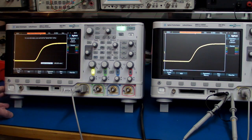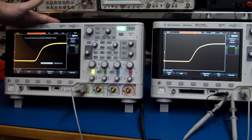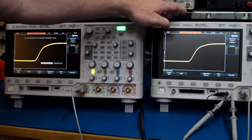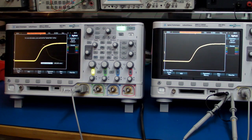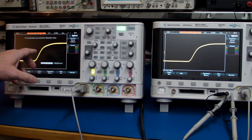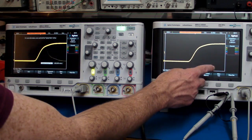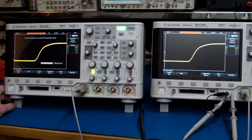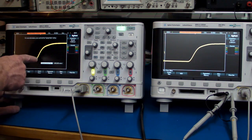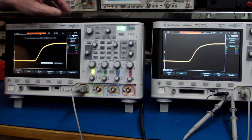Now here's a demo of the update rate to show the 1 million waveform updates per second on the Agilent 3000 series as compared to the 2000 series, which only has 50,000 waveform updates per second. We're generating a test signal with a runt pulse that has one runt pulse every 50,000 cycles, and as you can see on the 2000 series it updates roughly once or twice per second, so it's capturing that. The exact same signal is captured repeatedly on the 3000 series with the 1 million waveform updates